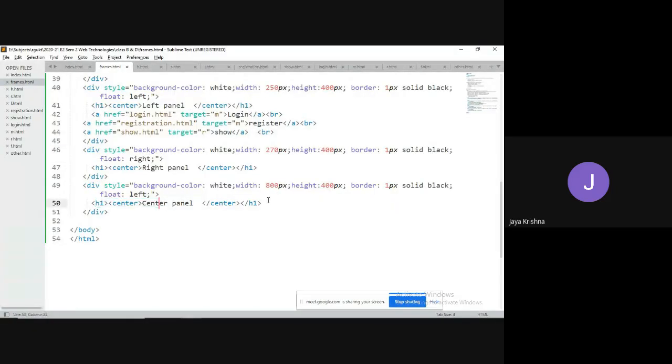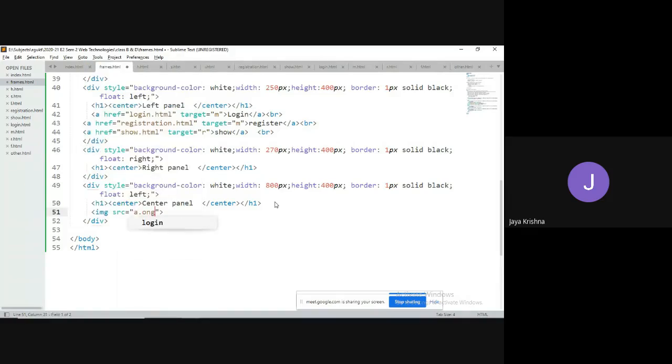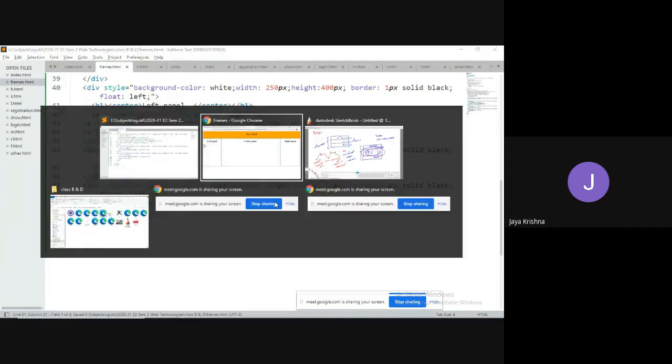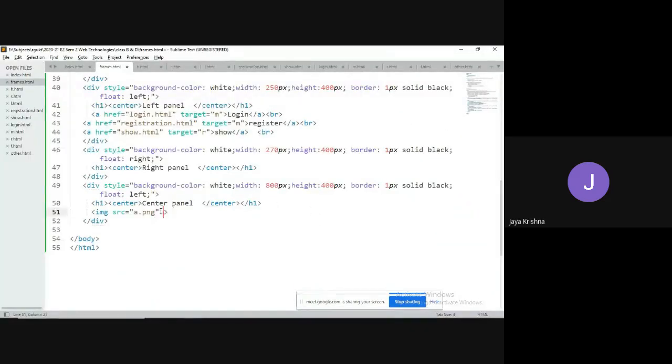For example, I would like to insert an image with source equal to a.png. I can load an image. Its height and width I need to set. Height I can set as 400 pixels, and width I can set once again as 400 pixels.